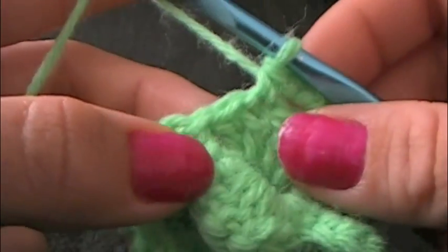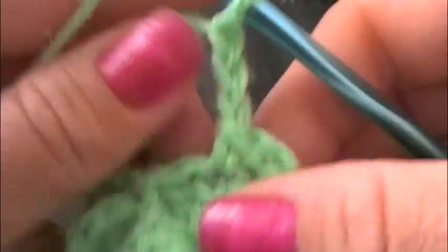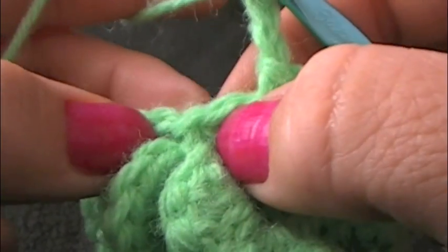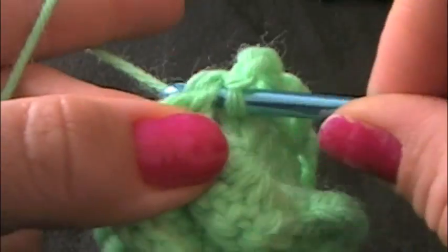Okay, here I am at the last single crochet. I single crocheted, now I want to chain 3. 1, 2, 3. I'm back at the beginning where I made my first one, so I want to skip this and I want to slip stitch into the next. So slip stitch,